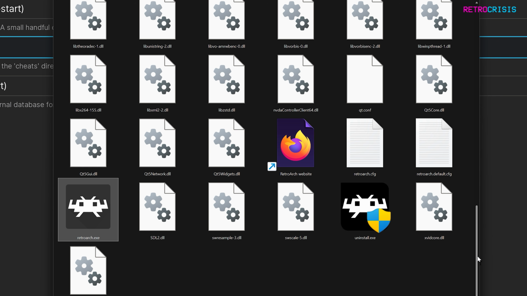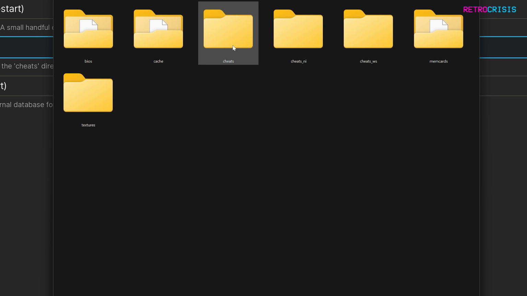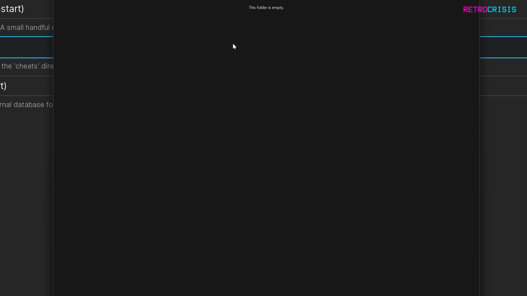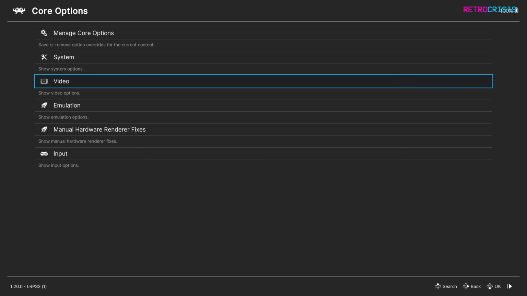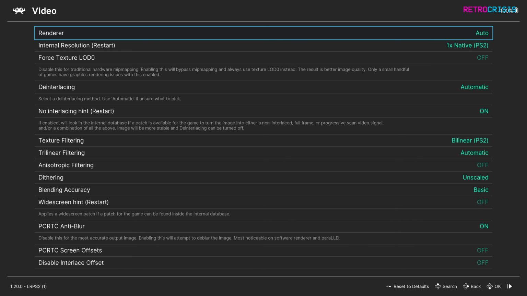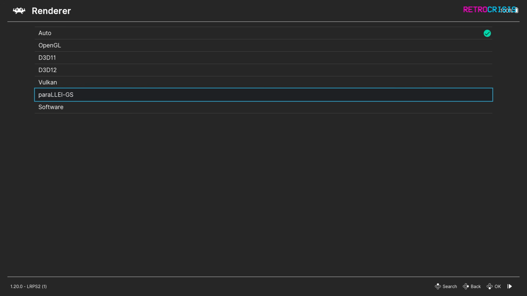So in your RetroArch folder, if we go back to the top, do you remember the System folder, PCSX2, and there's a Cheats folder. So if you go in there, all you need to do is copy and paste your cheats into here. And now let's go back and let's go to Video and go to Renderer. Now, if you're happy with the way your game is playing so far, you can just leave this to auto if you want. However, if you want to take advantage of the latest changes to LRPS2, you probably want to select this one down here, which is